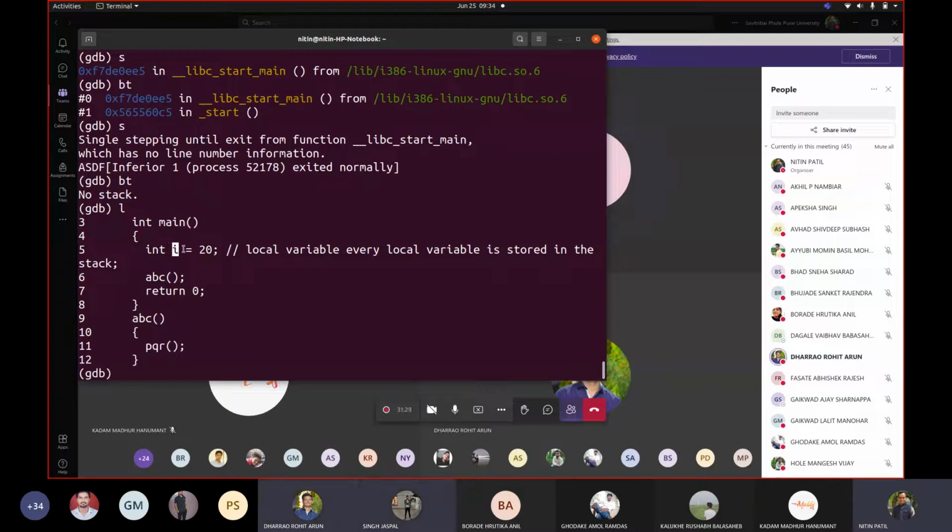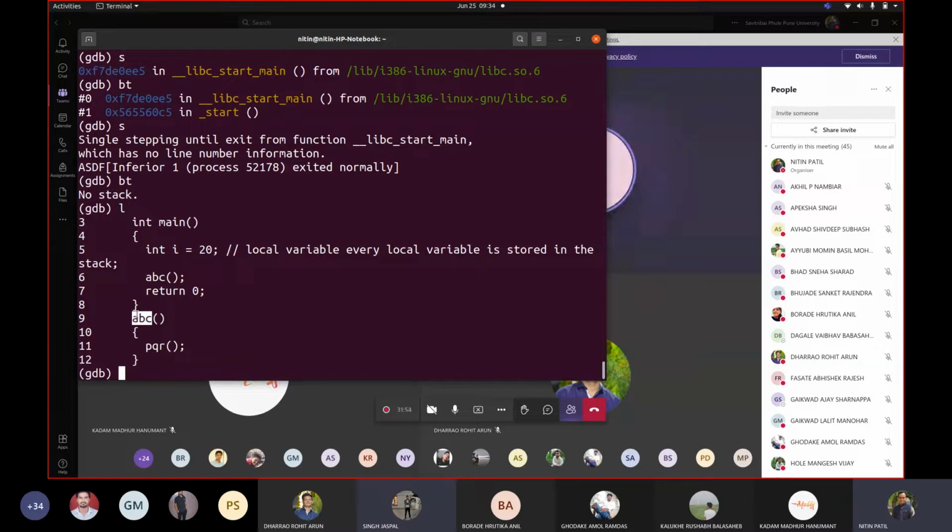Variable, sir. Variable. Okay, local. What is main? Function. What is ABC? Function call. So if I don't see these brackets, will I still call ABC a function? No, no, I'm only telling its type. The way that I said I is integer, this ABC also is a function. Correct? Yes, sir.